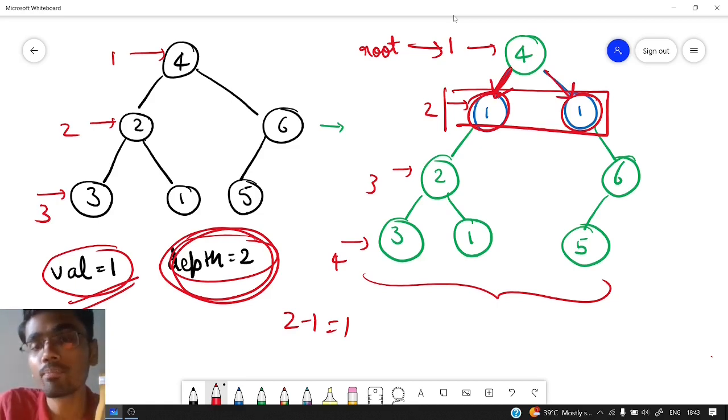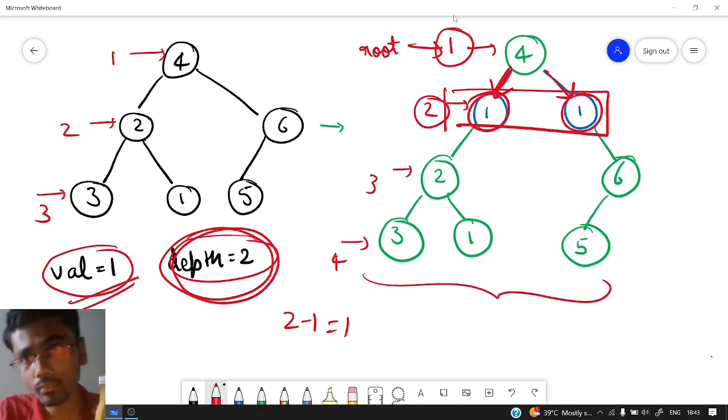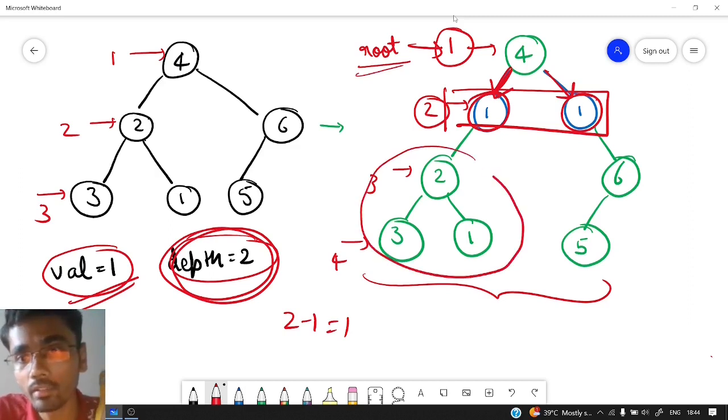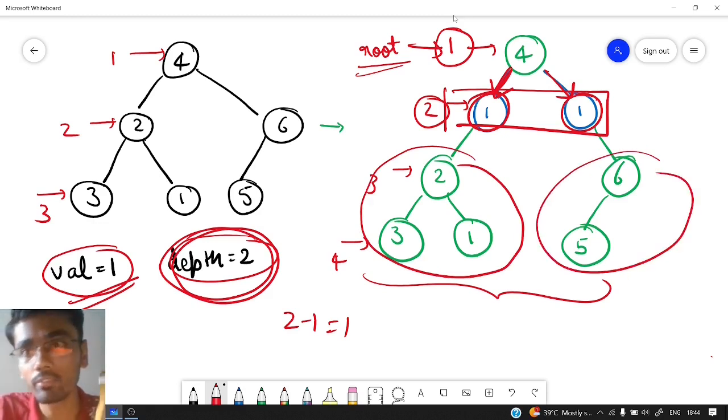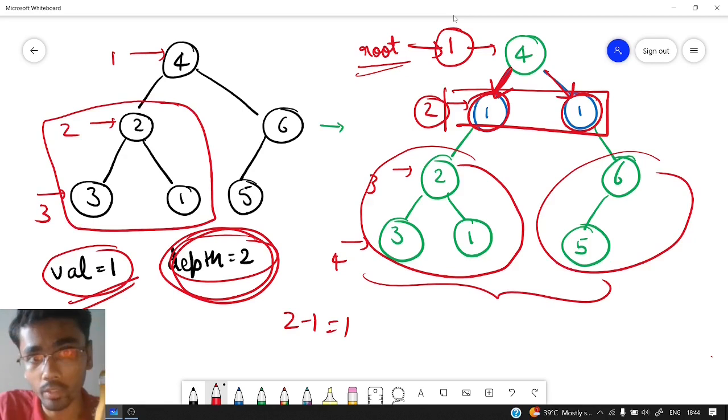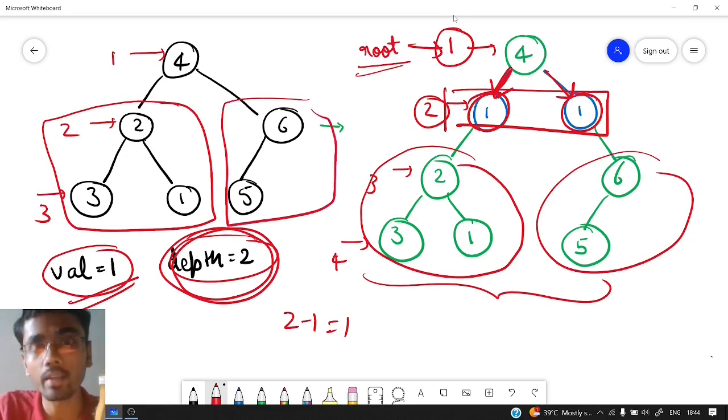Obviously, why depth equal to depth minus 1? If we are at depth minus 1, its child will obviously be present at depth equal to depth. That's why we do this operation at depth minus 1. Now how have they handled the original left subtree and right subtree? You can see that this was the original left subtree and this was the original right subtree.